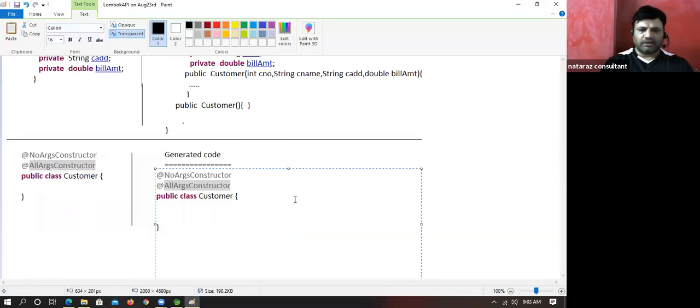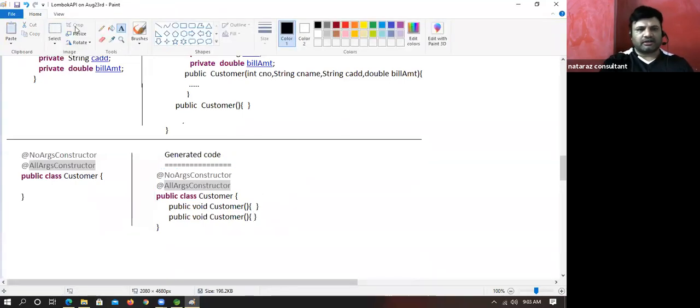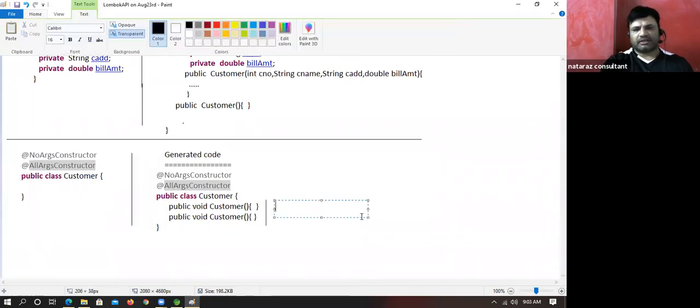Here you will get two zero param constructors, not default, two zero param constructors. Yes, public Customer. Error will be generated.